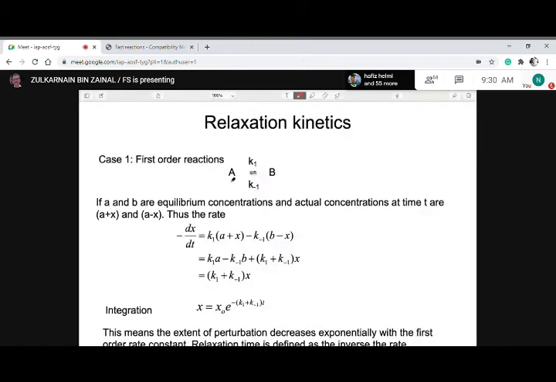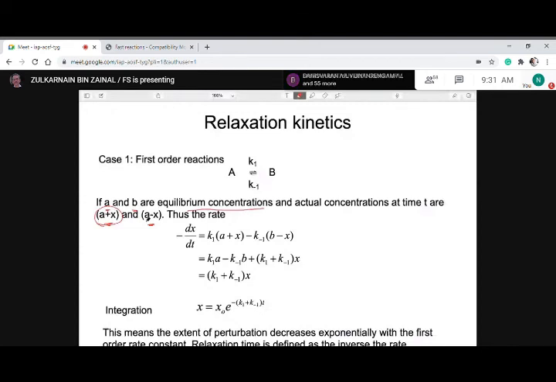If A and B are the equilibrium concentrations, then the actual concentration at time t can be written as A plus x and B minus x, right? So after we have disturbed the reaction,